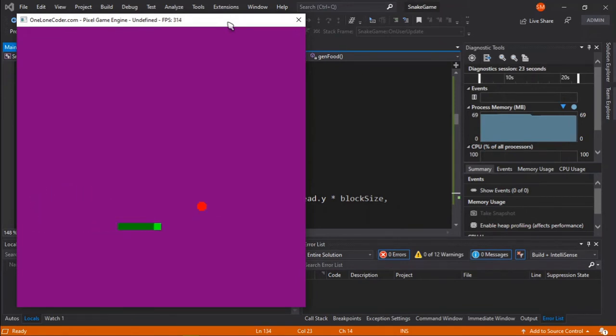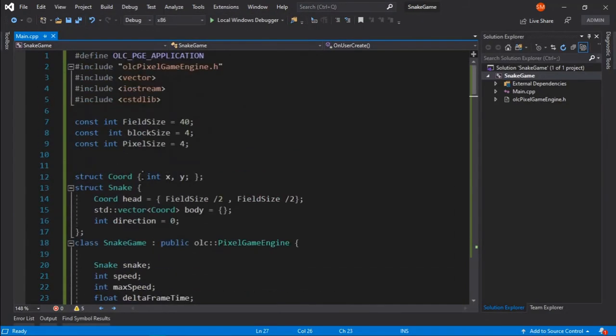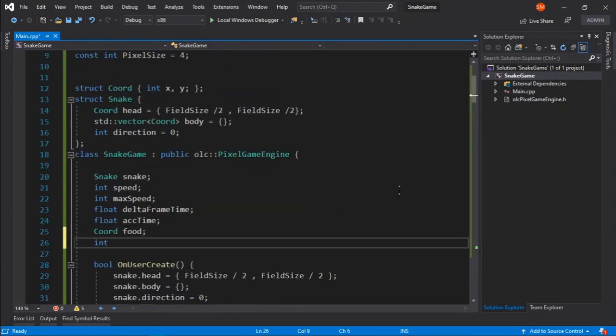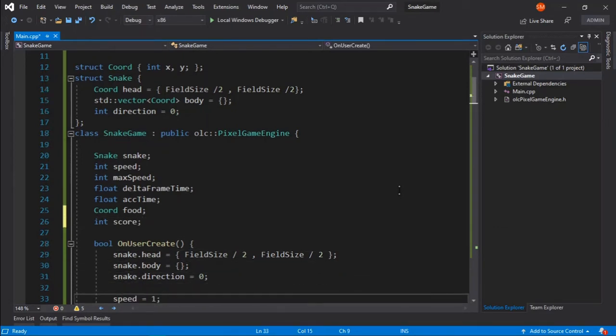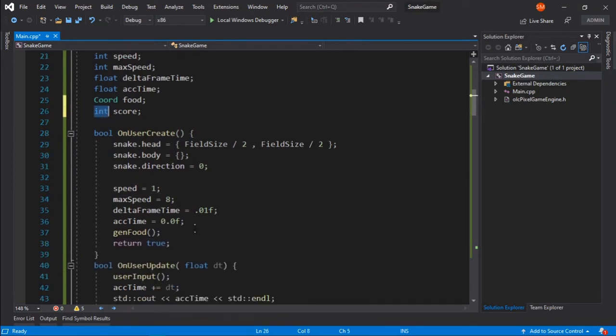And here what I will do is I will have a variable called score. So I will have it somewhere like here. I will say int score, and I will say int delta score. We can use integers, it's not like it's going to be a lot more.